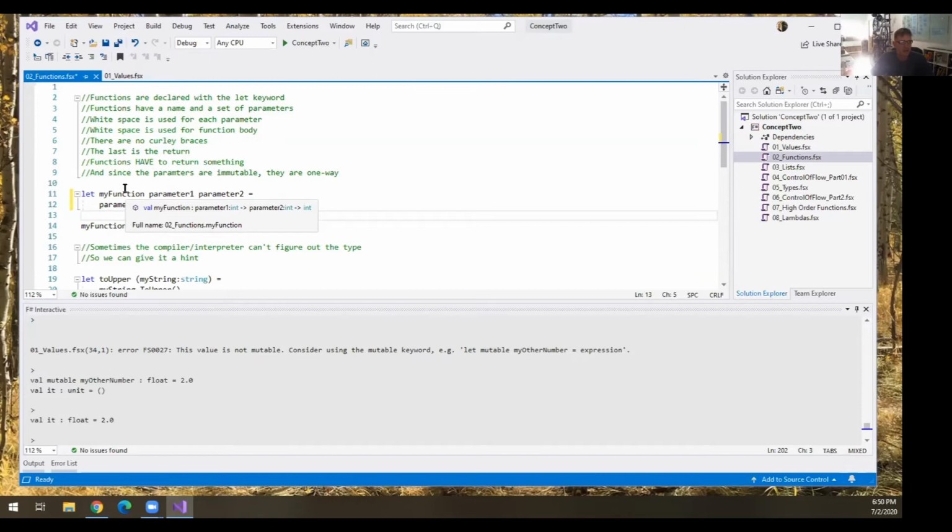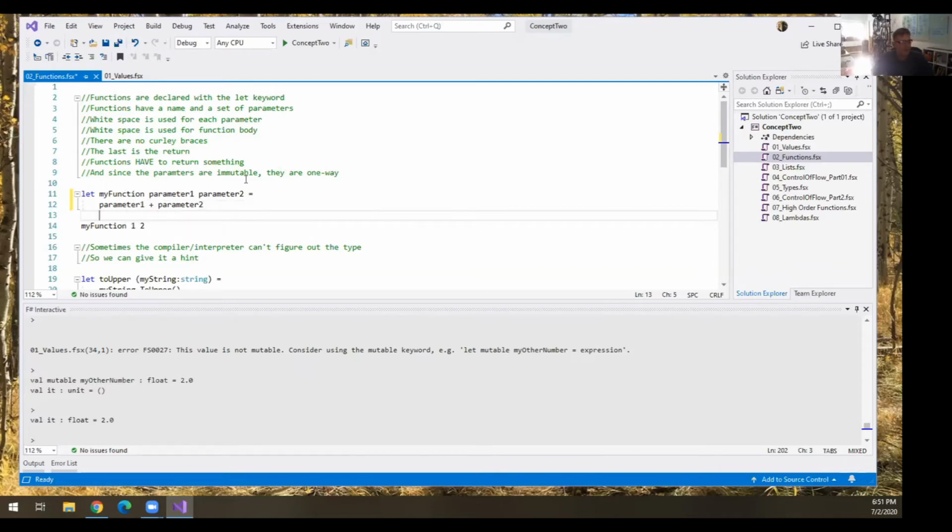The only reason I bring it out is this. If you're used to C++ IntelliSense or C# IntelliSense, you're used to parentheses that say parameter 1, comma, parameter 2, comma, returns integer. You can't do that here. You have to read from left to right, and every time you see an arrow, goes to, that is either a parameter or, at the very end, the result type. So I didn't want to waste people's time, but I think it's important if you start diving into F#, go slow with the IntelliSense to start and realize that my function takes in parameter 1, passes it to another invisible function with parameter 2, and then returns your integer.